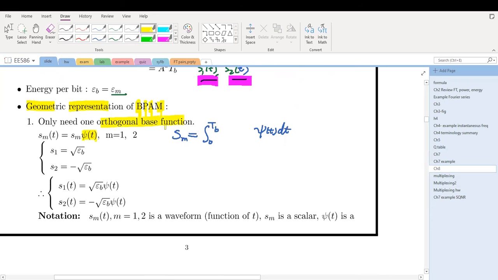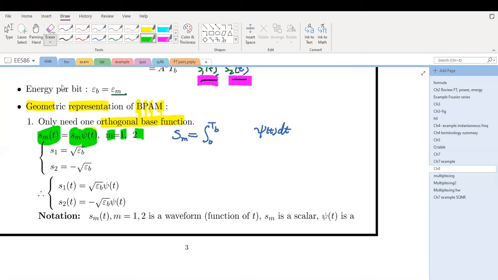An orthogonal base function is a waveform psi(t), which has the duration of Tb, the pulse interval, but with unit energy. In other words, the energy contained in psi(t) is 1. We're going to write the waveform s_m(t), m equals 1 or 2, as a scalar multiplied